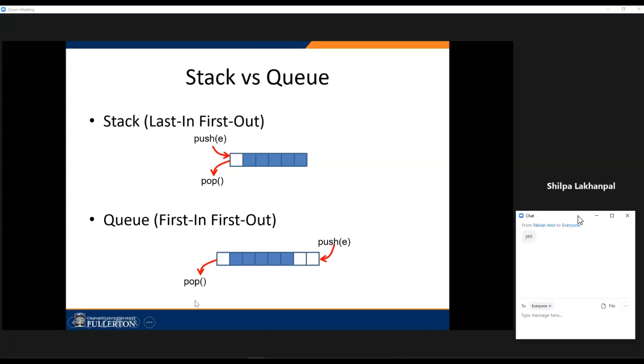In a stack, you were always dealing with the top. Everything was happening at the top of the stack. Either you were pushing something or removing something, then updating the top. In the queue, you always push something at the rear of the queue. We will see, it's like the front and the rear, two concepts in a queue. You push something always at the rear of the queue. You remove something always from the front of the queue.